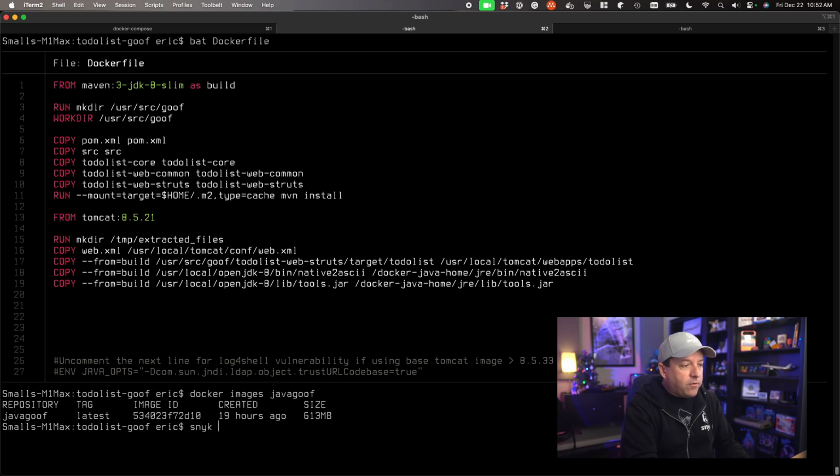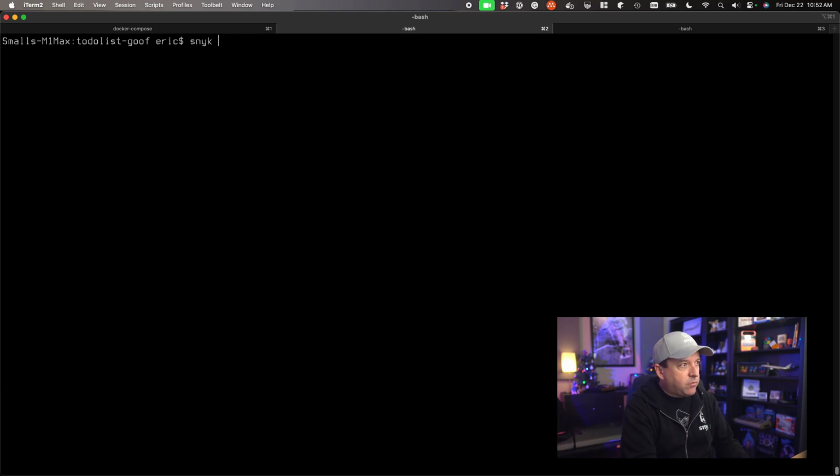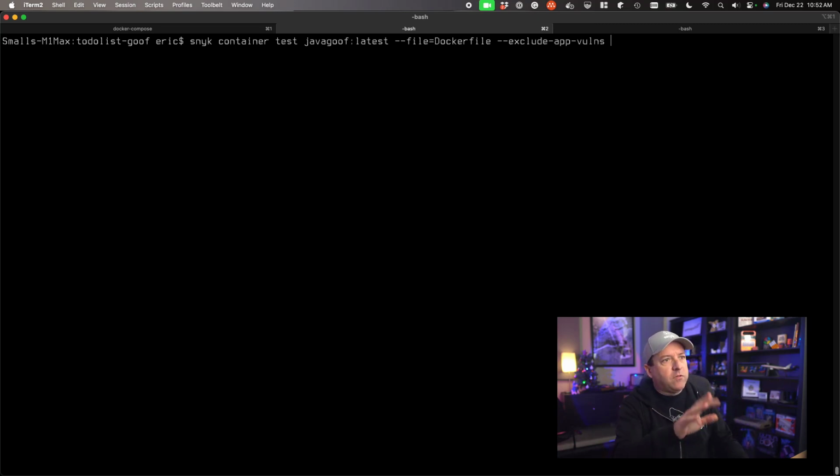So one of the things I can do right as I'm working is do a Snyk, let me clear my screen, snyk container test java-goof. And I'm going to also feed it the Dockerfile since I can. That's extra metadata since I'm the developer on it. Also, just for this demonstration, to reduce the amount of output, I'm going to tell Snyk, don't include any deep level searches. I don't want a huge output for this demo.